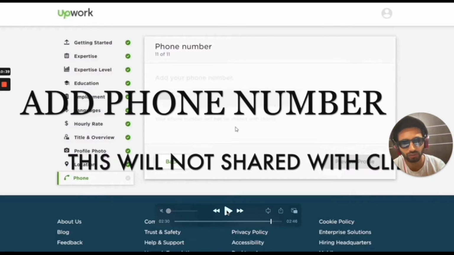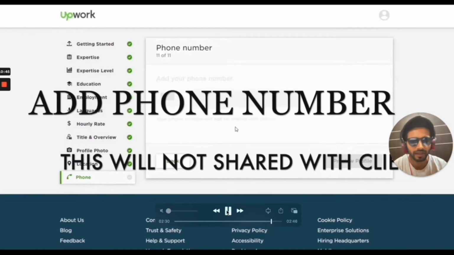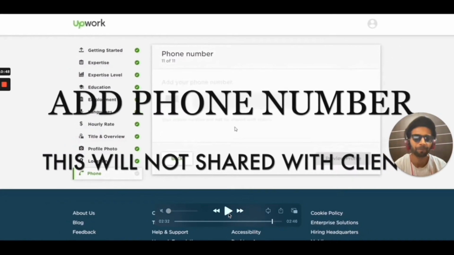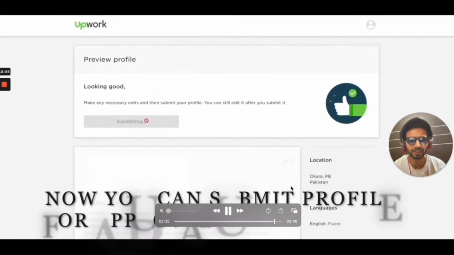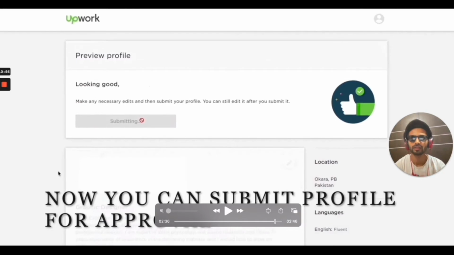After that, you need to add a phone number. Your phone number will not be shared with the client, so you can add the phone number without any problem. So after completing all these sections, you can preview your profile and submit your profile from here.